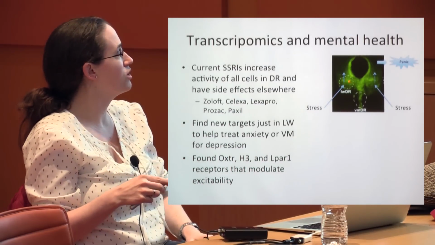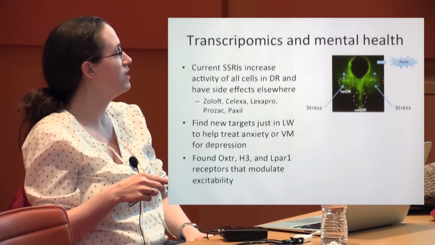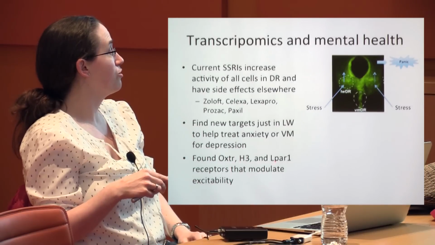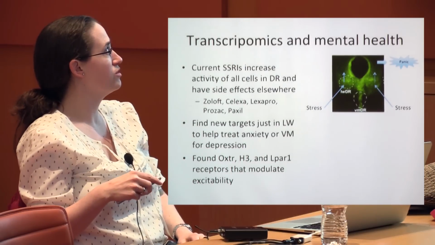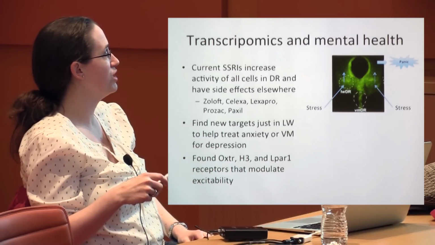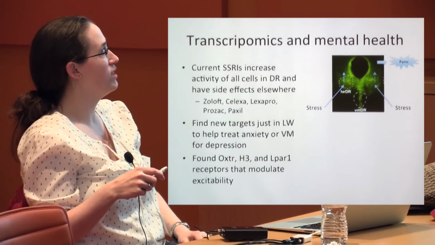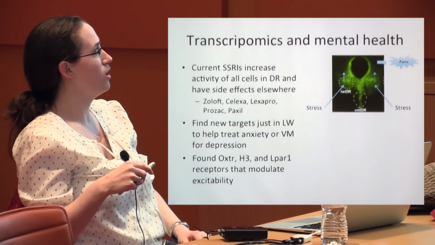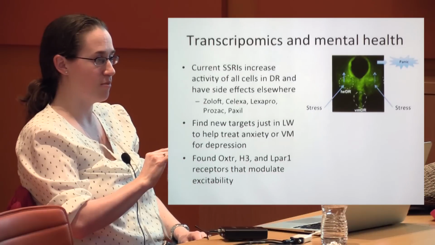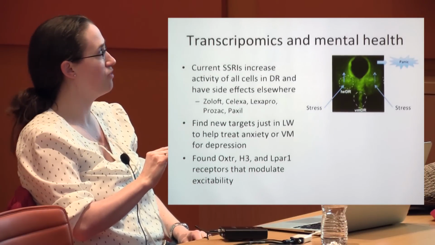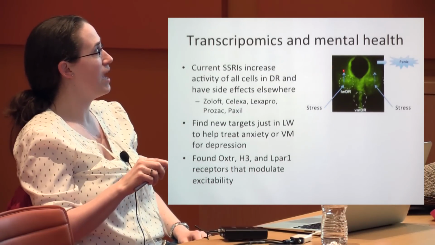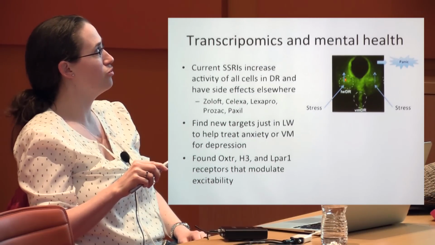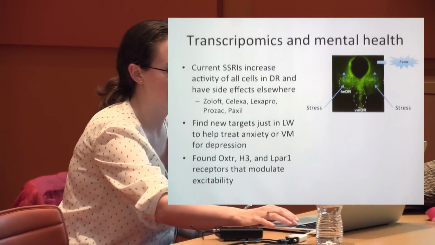So what we did was we took individual cells from the LW and from the VM. We compared them and we focused on the LW, and we found 3 new receptors that weren't really appreciated before. And we then took this live slice, this is mouse tissue, and we took the targets that we found directly from our gene expression profiling, and we put drugs that target those receptors right onto the slice,